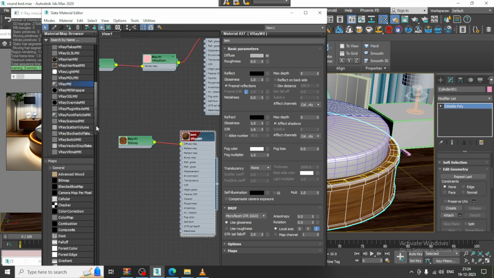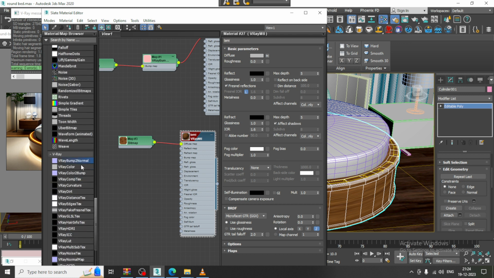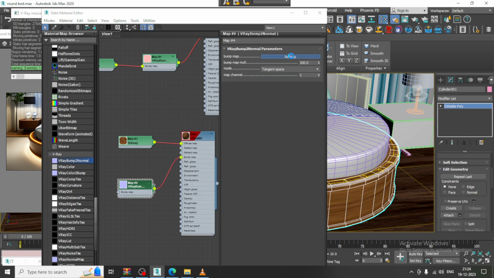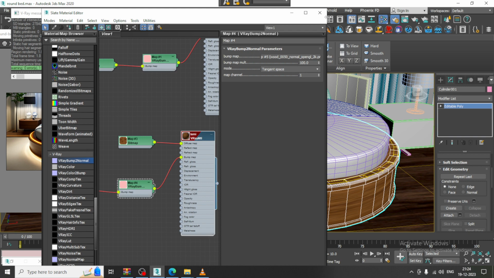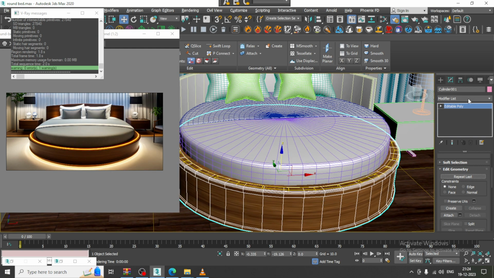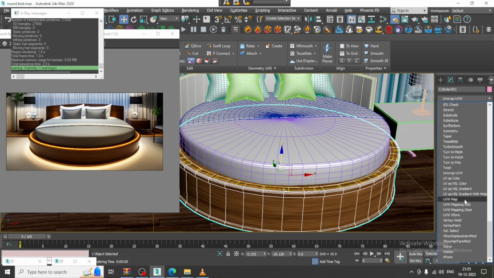Again go down, we have the same Vray bump to normal. I'll connect it with a bump map, and let's go into this bitmap and assign this normal map. Once you have assigned it, let's go into the modifier list and give a UVW map,